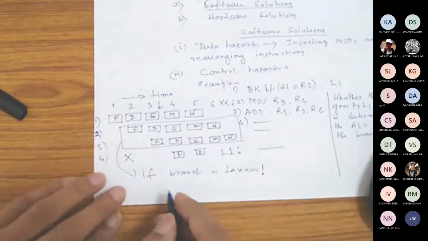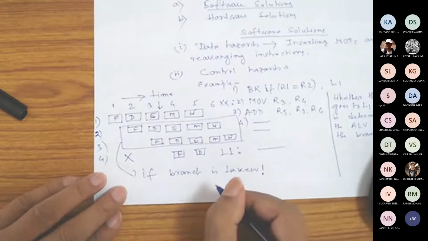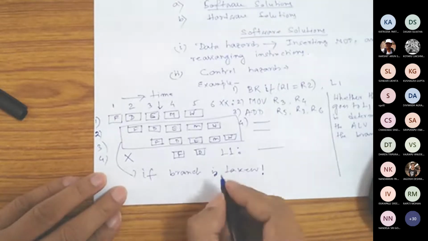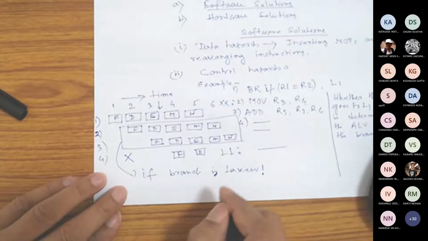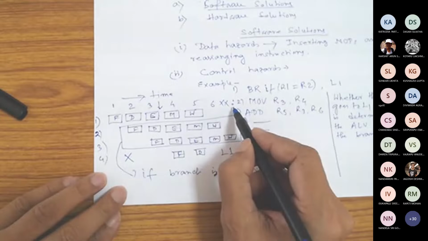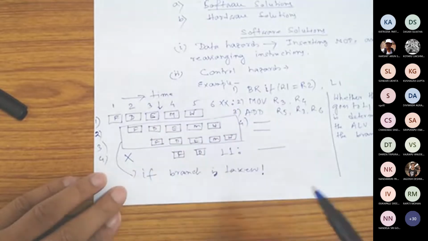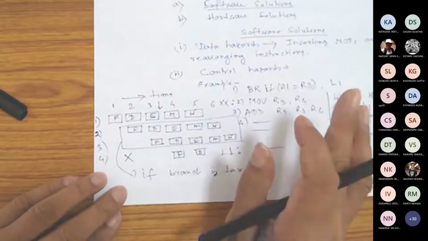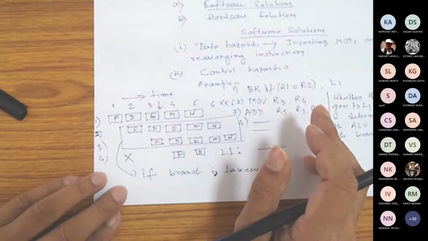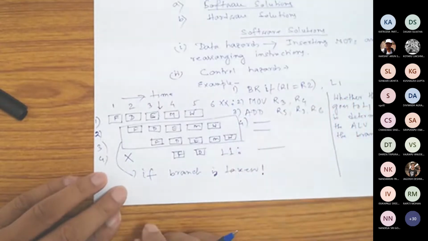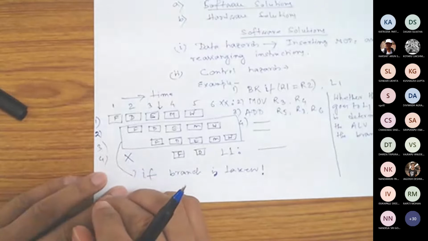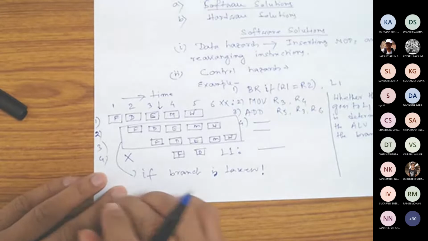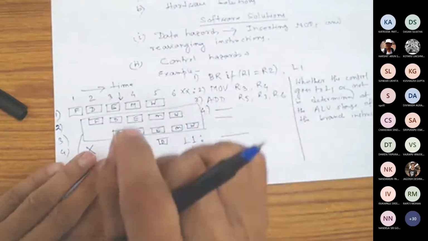Okay. So whether the branch is taken or not, you will get to know only after the third clock cycle. Now let's see, if the branch is taken, then these two instructions are already in the pipeline, but they should not execute. Okay. One solution can be. Can someone tell me what can be a solution for this one? 2 NOPs. Yes, I know that. The easiest solution is that you insert 2 NOPs.